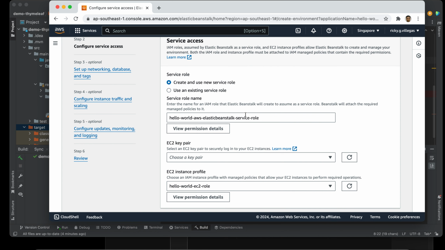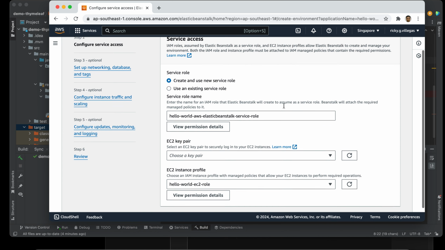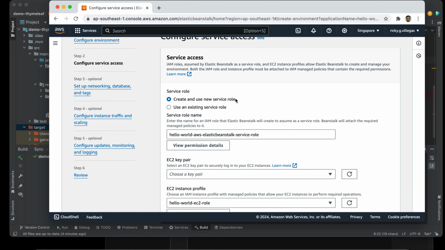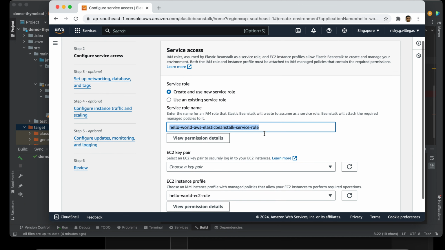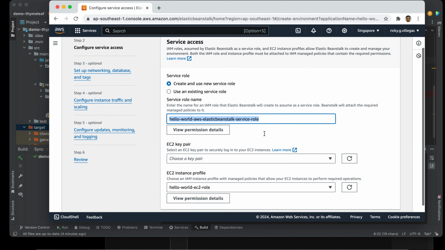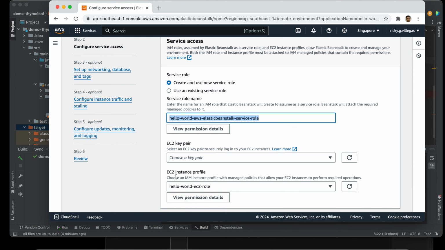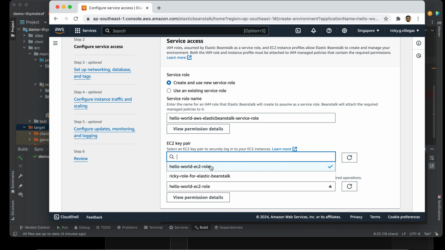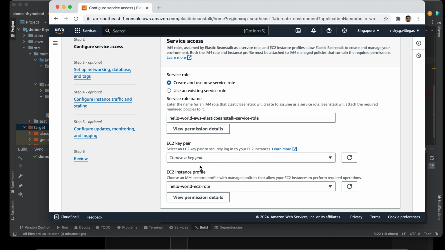So for this service access configuration, as a first timer, you have to choose the option create and use new service role. Then you enter the name of the service role. Then you also specify the EC2 instance profile, where you choose the EC2 role that we created earlier.